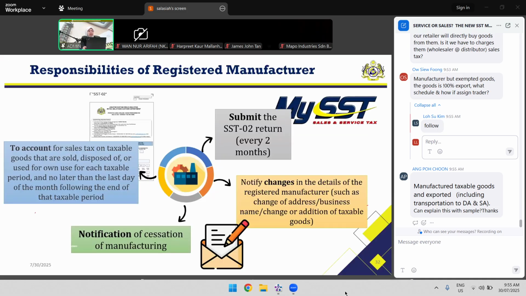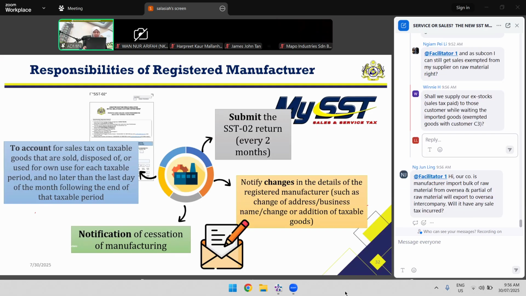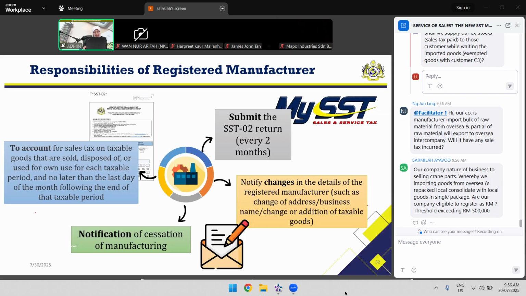Okay, as a RM, you have quite a lot of responsibilities. First, the submission of the SST02 return. Notify any changes to us. Notify the cessation, as I explained just now. And two, the most important is for you to account for the sales tax on the taxable goods. So submission of SST02 and paying tax are the most important responsibilities that you have to take as